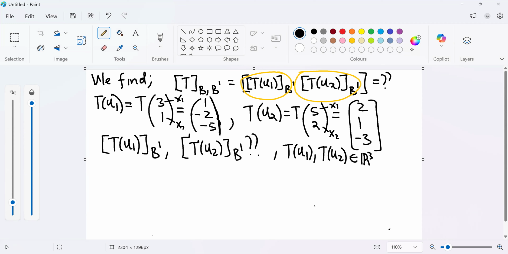They are in R3 because our transformation was taking elements from R2 to R3. The question provided me with the basis of R3. That basis for R3 was B prime, having V1, V2, and V3. So if TU1 and TU2 are in R3, it means that